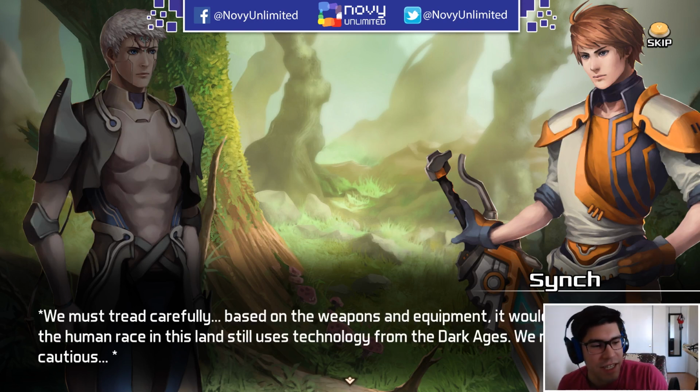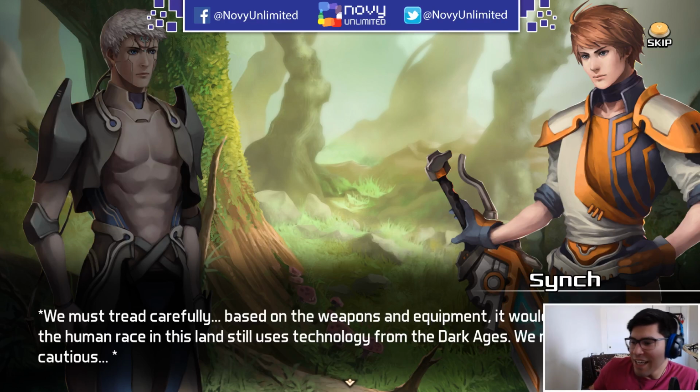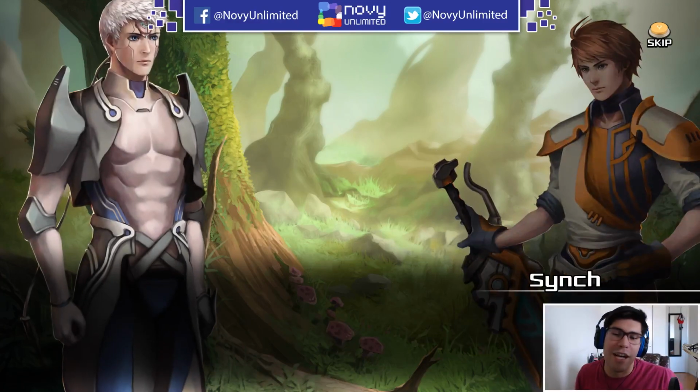Now, for me personally, I see this scene as like he got his arm over him and he's like, hey, we must tread carefully. Based on the weapons and equipment, it would seem that the human race in this land still uses technology from the Dark Ages. We must be cautious. And the droid's like, you got it. I don't know. Just